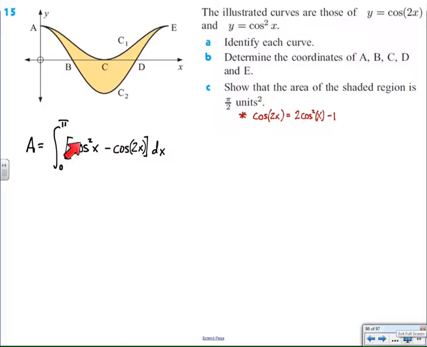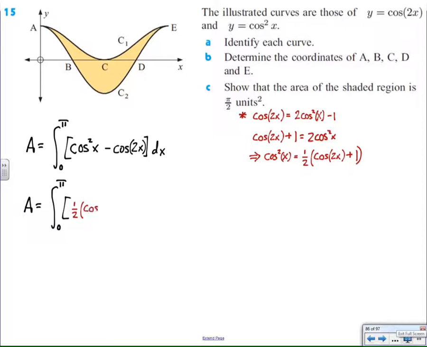Anyway, the cosine squared is something that I have trouble integrating, but the cosine of 2x is easier to integrate. So if I could get cosine squareds to look more like cosines of 2x, then I'm in good shape. So here's a cosine of 2x, which is equal to some variation of a cosine squared. I'm going to add 1 to both sides, and then I'm going to divide both sides by 2, and that tells me that the cosine squared can be calculated by taking half the cosine of 2x, adding 1/2. So instead of integrating the integral that I wrote down originally, every time I see cosine squared of x, I'm going to replace it with all the stuff in red there, as you can see. I'm going to distribute the 1/2